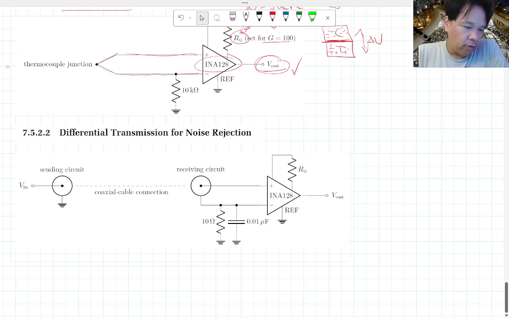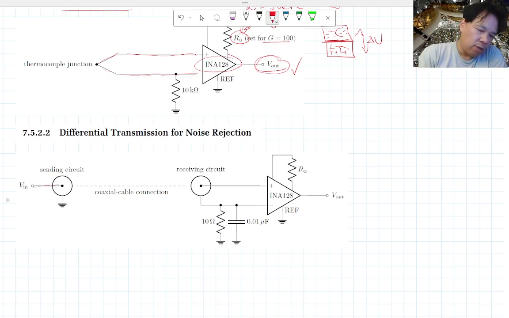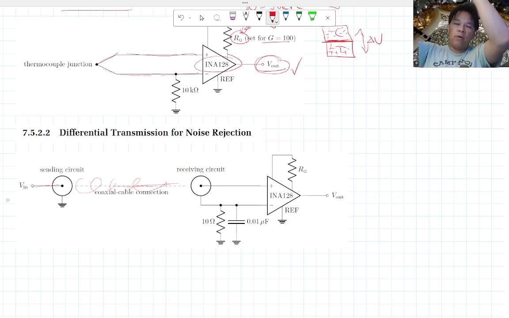There are also differential transmissions for noise rejection. If you use a cable modem, for example, you're sending the signal from the cable company, and it goes through some coaxial connection, some cable. On the receiver end, you may see a lot of common mode noise, meaning there's some 60 hertz noise from running through the wall, so they both go up and down at 60 hertz, but then there's additional signal in between them. So you can use an instrumentation amplifier,